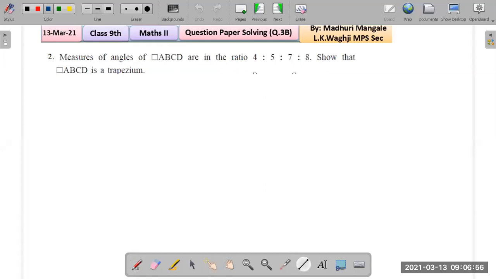Okay, so if I draw a trapezium, how would a trapezium look like? Something like this, right? A trapezium is a quadrilateral which has only one pair of opposite sides parallel. So if I name it, let's name it like this. This is A, B, C, D. And you can check that only one pair of sides is parallel.